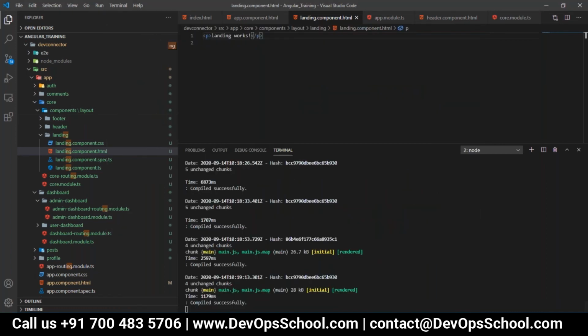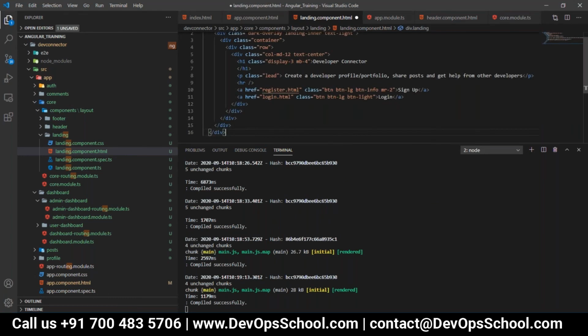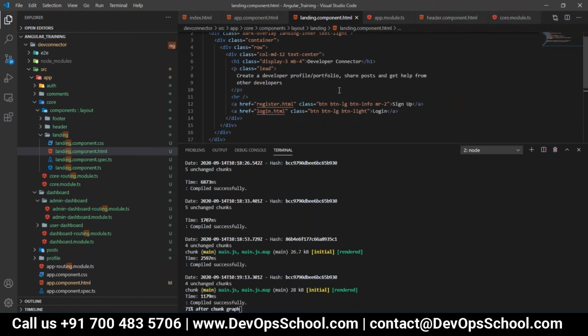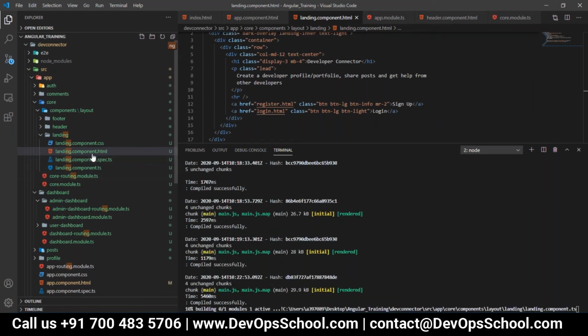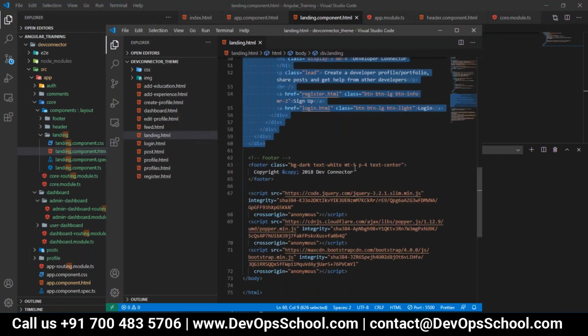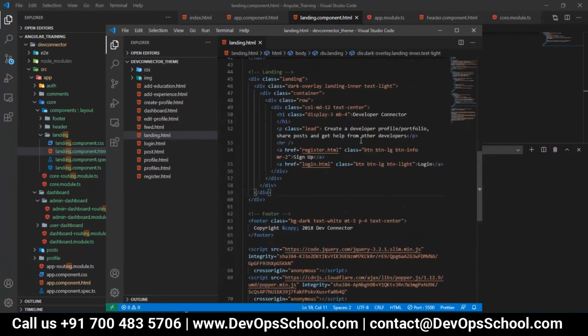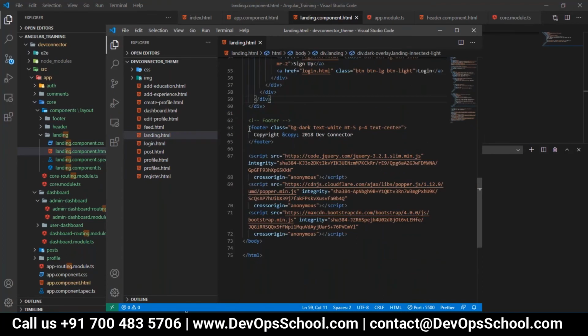Go to the landing.component.html, remove, select all, Control A, Control V. Save it. Now quickly go to that landing.html file in the other Visual Studio Code. Line numbers 63 to 65, three lines only.